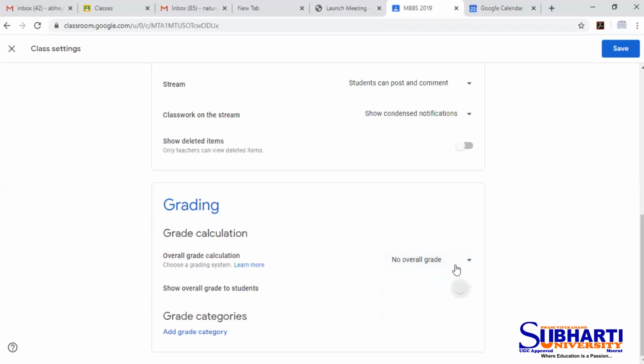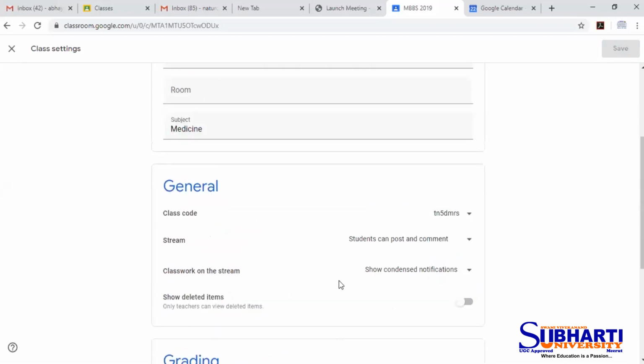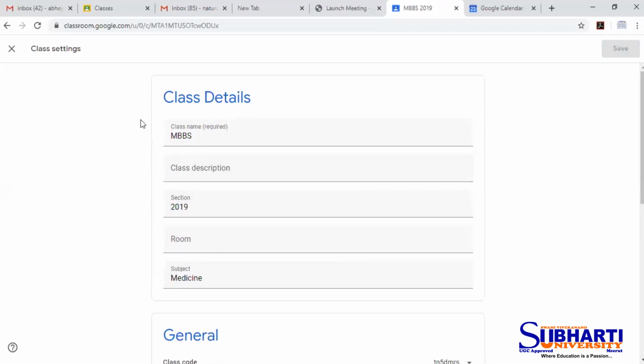We can turn it on once you set the grades here, grade type. If you say total points, then you can make it on, that is whether we have to show the overall grades or not. And we can add the grade categories. If we click on add grade categories, you can set the default points, how many points you want, and what is the type of grade category. These are a few features from the settings here.